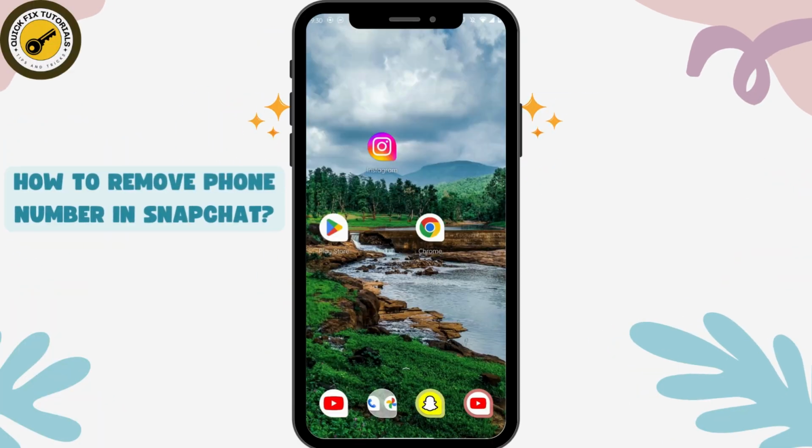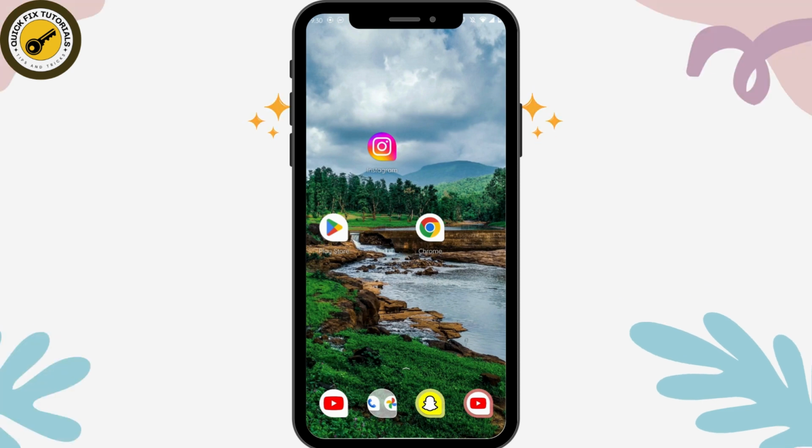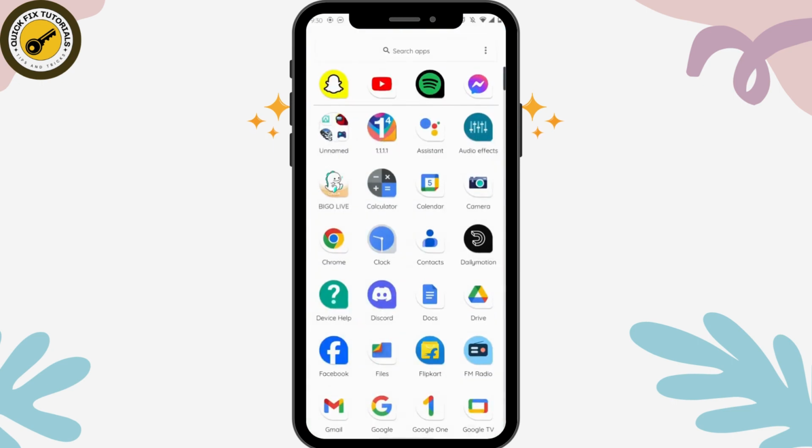How to remove phone number in Snapchat. So if you want to remove phone number in Snapchat, then first of all you can open up your Snapchat application,